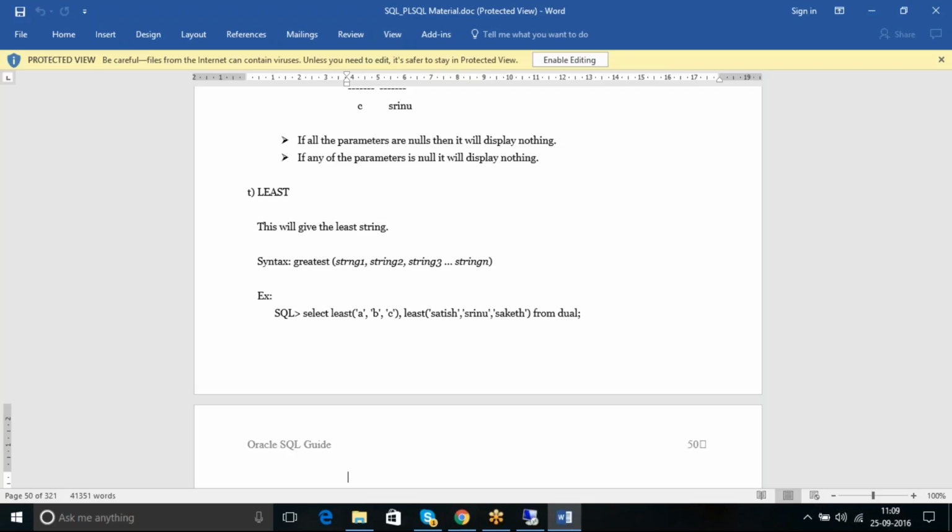Sir, think and tell me first. Where are you stuck now? Already above I told you greatest. Simple, you can tell me the least. Srinu is the least? How did you say Srinu is the least? First of all, tell me this list of ABC. What is the least value?